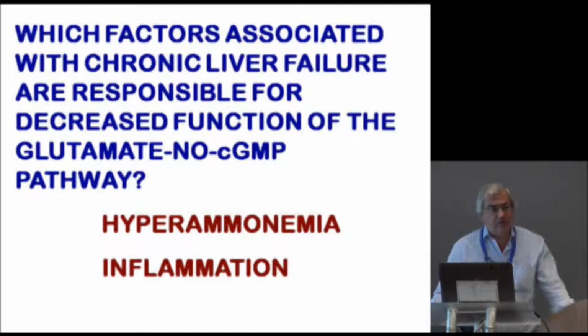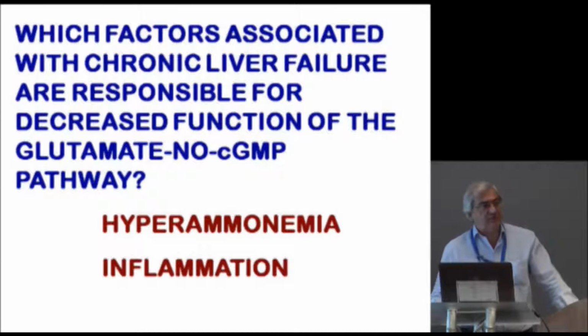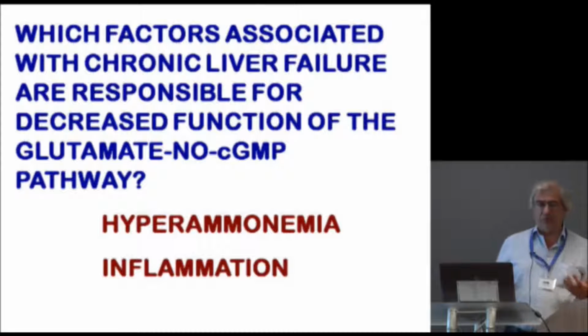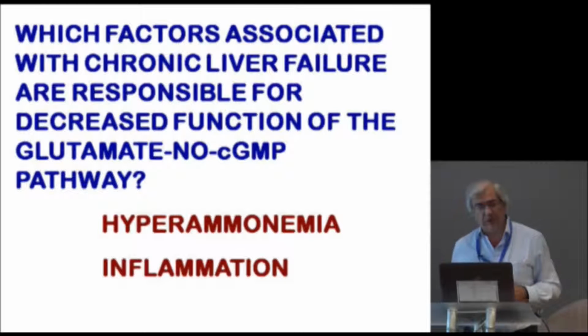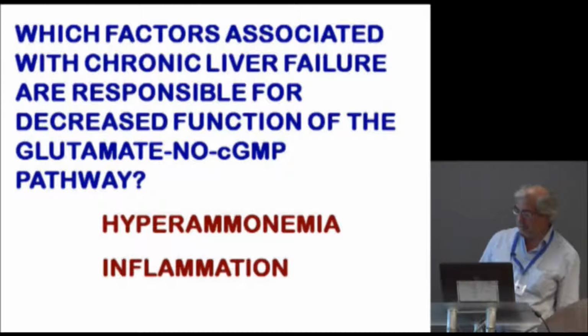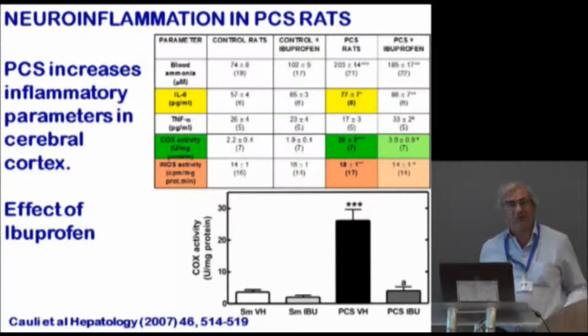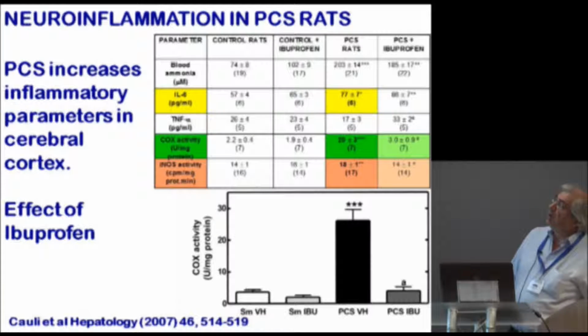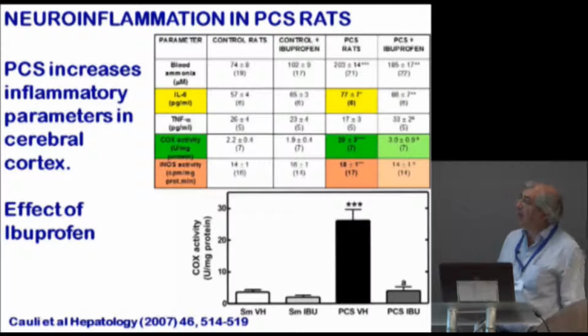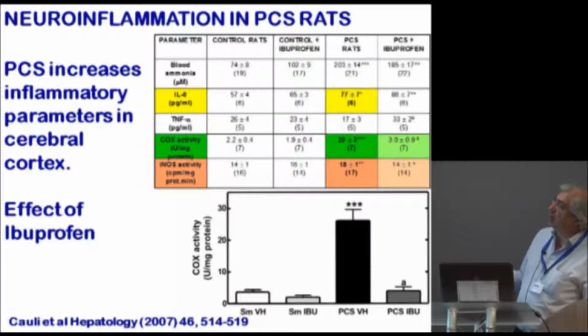It is clear from the studies in the last years from several groups, including our group, the group of Jalan and other groups, that hyperammonemia and inflammation act synergistically to impair cognitive function in patients with minimal hepatic encephalopathy. Then we studied the possible role of neuroinflammation in this situation. We studied whether rats with portacaval shunt show neuroinflammation, and we found that in the cerebral cortex of rats with portacaval shunt there is an increase in inflammatory